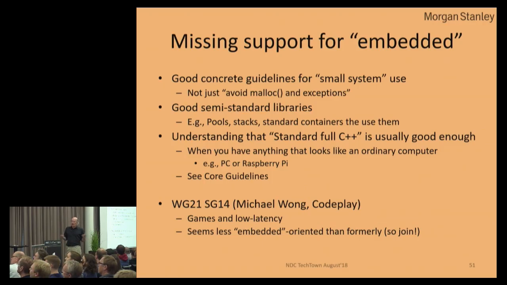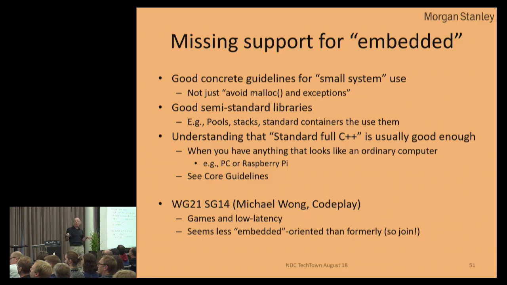So that's basically it. I'm not too happy about the support for embedded systems programming. I've never written a real program in this field that didn't need a pool. So I write my own pool every time, or rather I fish out my old pool and modify it. I don't want to do that. I shouldn't have to do that. There should be better library support; pools and stack allocators should be standard. Some flat data structures should be in there instead of the chained ones.